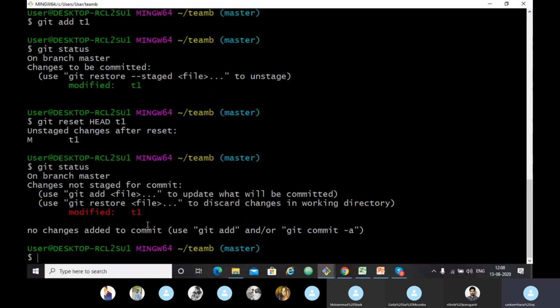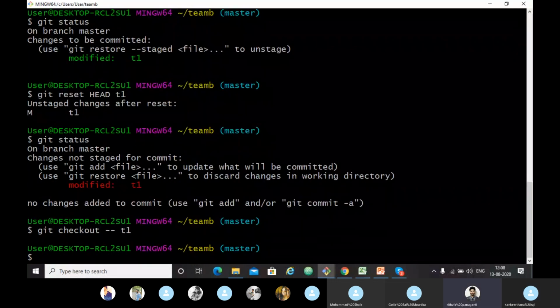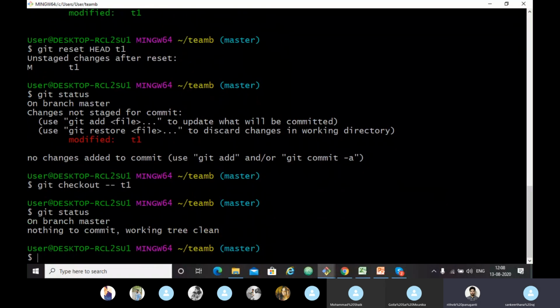So we can also restore it. It shows we can restore it with the git checkout command. Now let's see the status. Everything is committed.